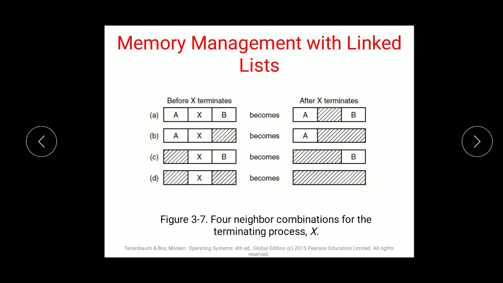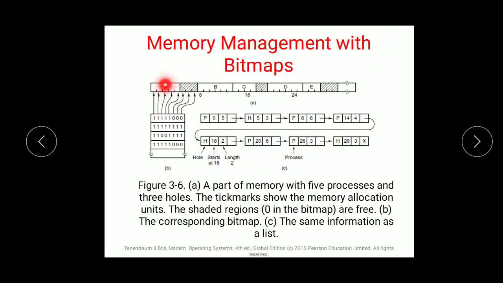Now this same information was in the bitmapping format, can you see the zeros and ones? Shaded regions turn out to be 0, non-shaded turn out to be 1. When you put it in a list form of allocation, it becomes like this: starting length, length of total values, hole meaning an empty value, all such things.